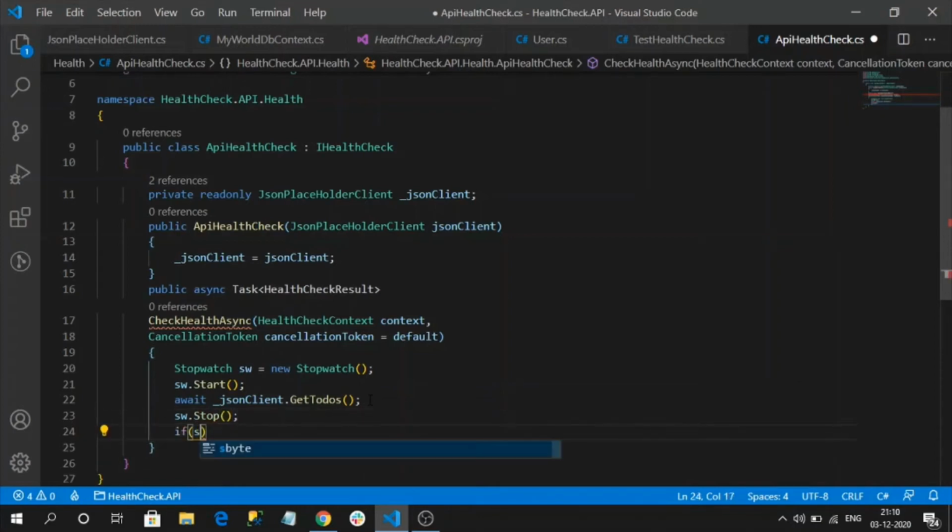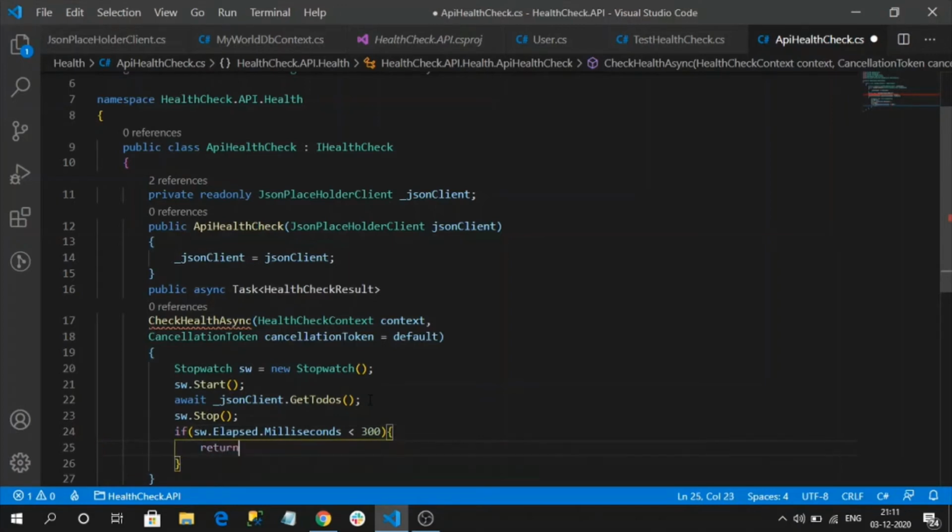So here I am going to check the total elapsed milliseconds. If it takes below 300 milliseconds, I am considering our application as healthy.